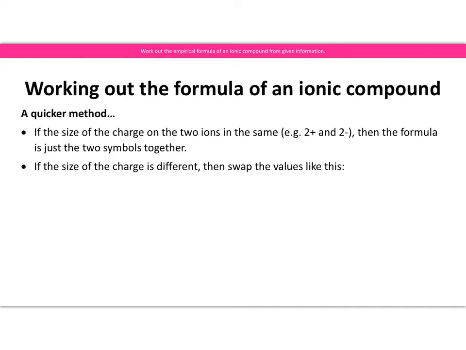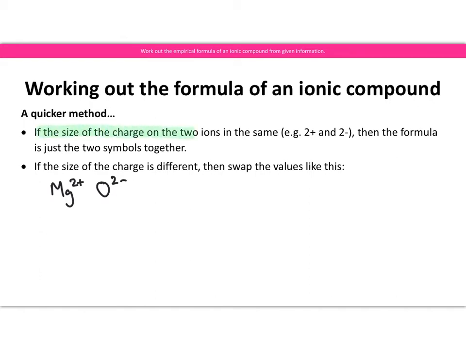This is essentially the same method. It's just done a little bit quicker. So the thing is to write the charge of the 2 ions. So if we were doing magnesium oxide, the ions are Mg2+ and O2-. Then it says